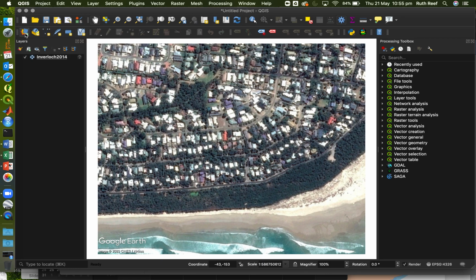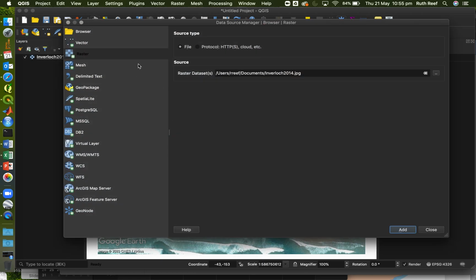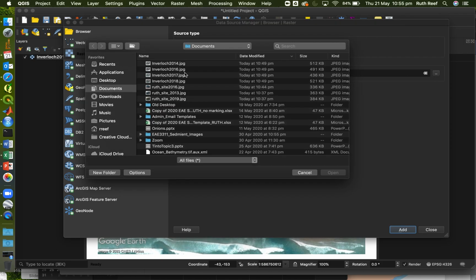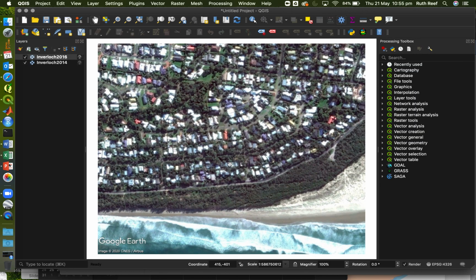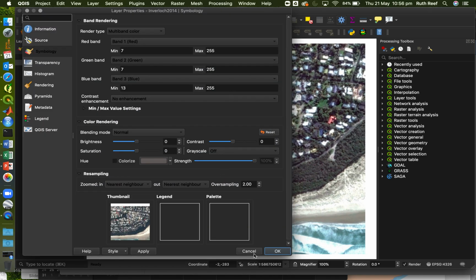2014, and I'm going to add my next one. And the first decision I need to make is which one is my base image, which one is the baseline, which one am I measuring change from. So one of them is going to be my master, and I'm going to call my Inverloch 2014,